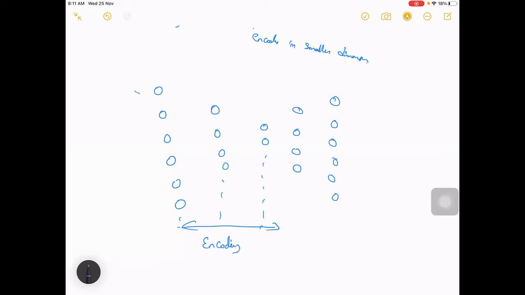If you give an input, it will learn to represent it in a lower dimension. Here, from 6 it is trying to go to 2 dimensions. Then we also have decoding, which is the inverse of encoding. From a lower dimensional object, it tries to reconstruct the input.